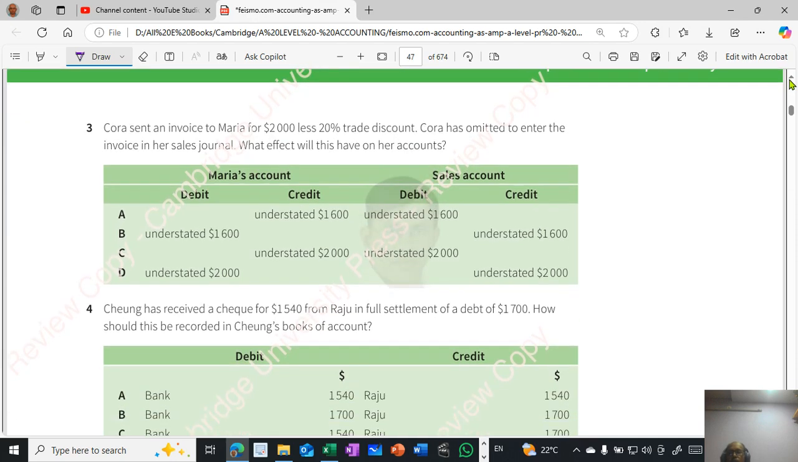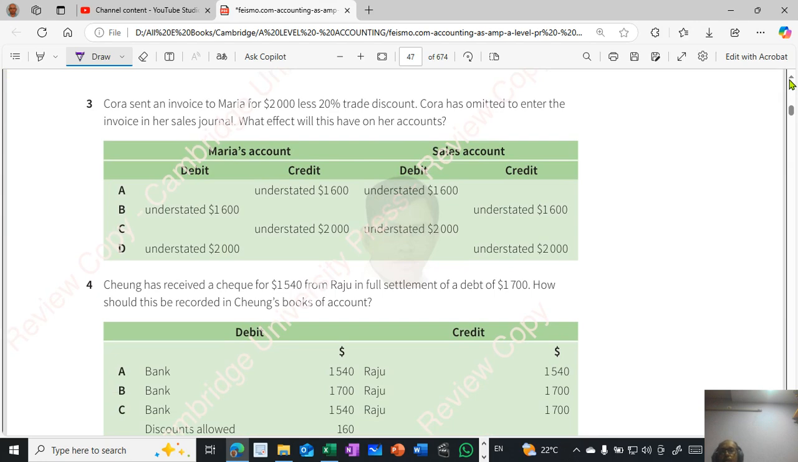Cora sent an invoice to Maria for 2000 less 20% trade discount. So 2000 less 20% trade discount is 1600. So trade discount will be considered but never recorded. So we have to take the net amount. So it should be recorded at 1600. Cora has omitted to enter,